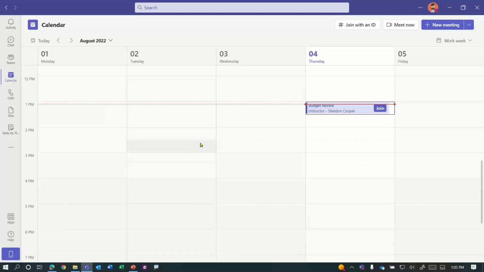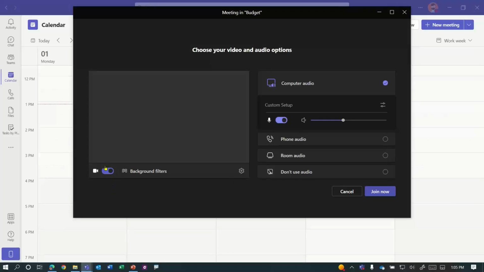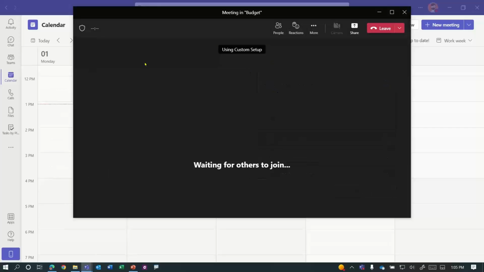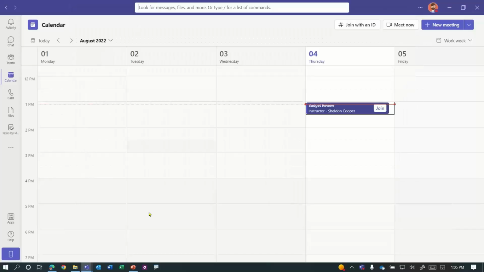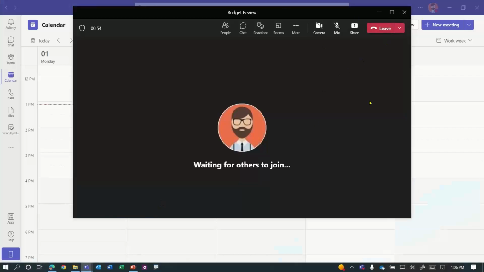So Microsoft, quite early on, changed that so that when you join a meeting, it would join in a separate window so that you can have those two windows up simultaneously. You see that?